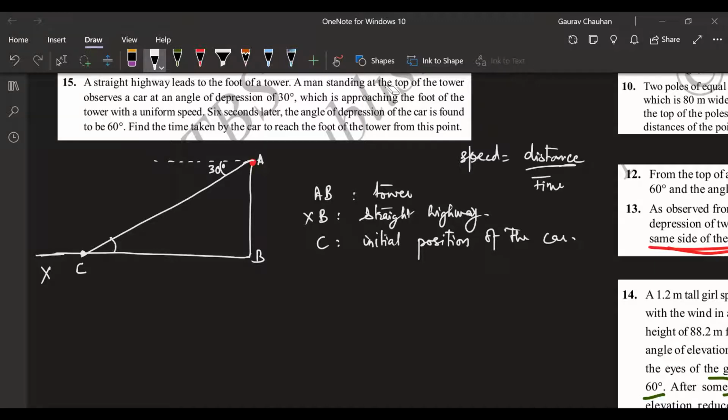Obviously, this means this angle will also be 30 degrees. Immediately you draw it. You don't have to write the steps for this. You can just directly mark 30 degrees, or you can write a step like, because these two lines are parallel and these are alternate angles. That's also a good step to write. Okay.